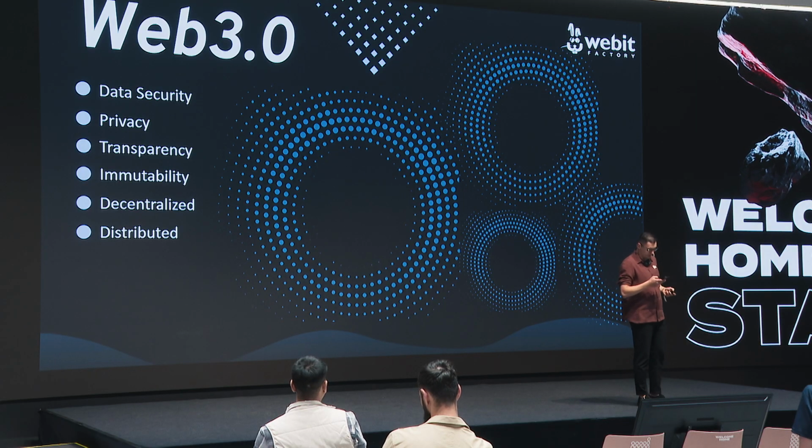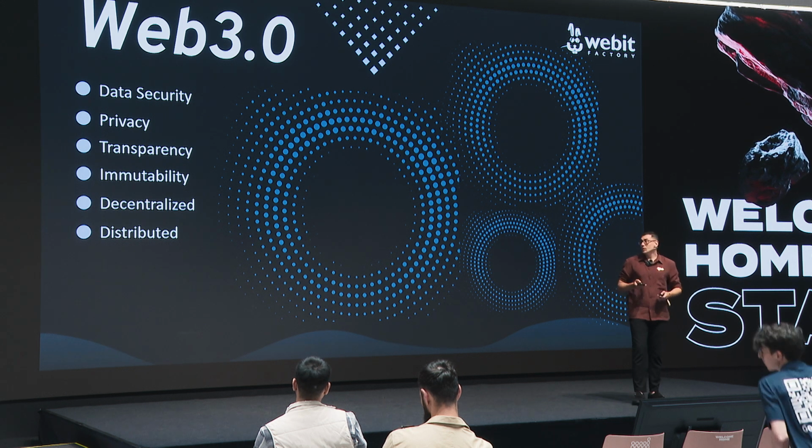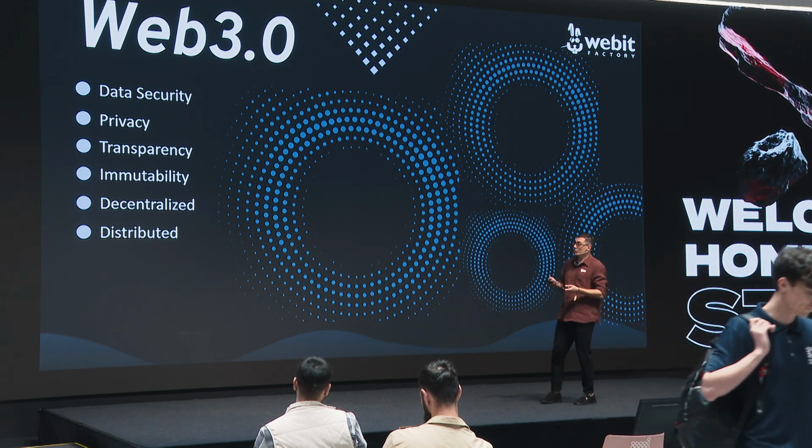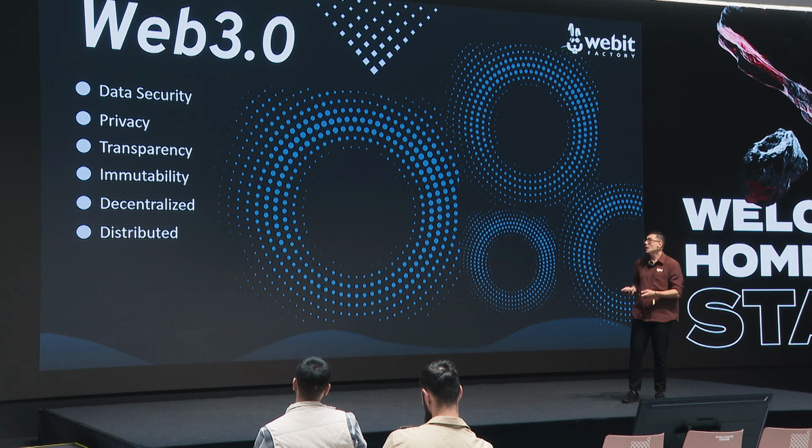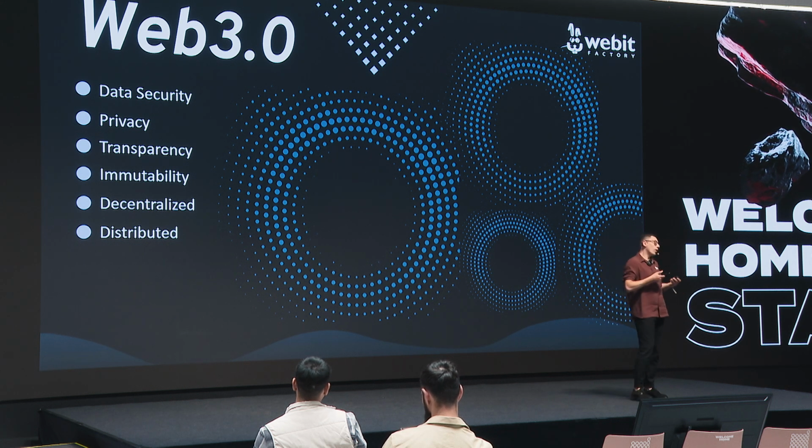What is blockchain technology? Do you use it on a daily basis, maybe? Okay. So basically, blockchain technology comes with some very cool features or properties. Some of these are data security, privacy, transparency, immutability, decentralization, and distribution. This blockchain technology can be used, for example, to send money from one point to another in a very transparent and efficient way. You can store data securely, there is no central authority, and so on.